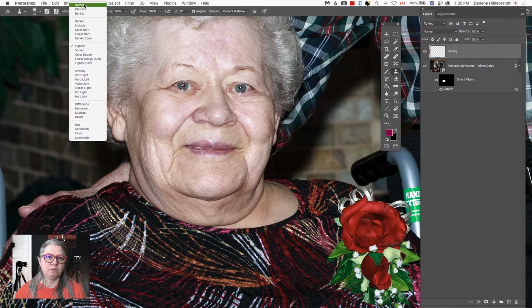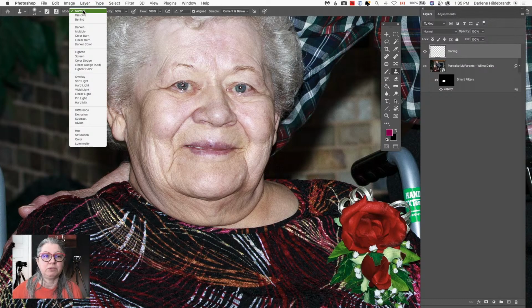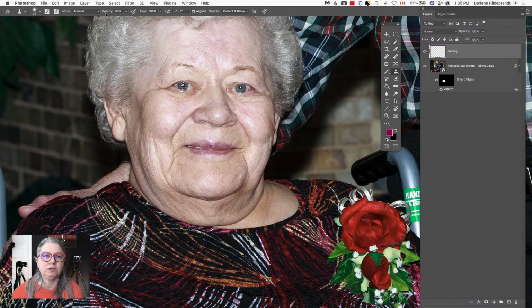So I'm going to use normal. When you're cloning, you actually get these blend modes as well. So I want to use normal, and I'm going to clone at 100% because I want it to show up immediately. I'm just going to set my source. Let me just make a bigger thing here for you. When you're working with the clone tool, basically what it's doing is copying your